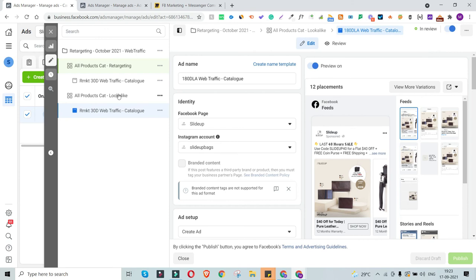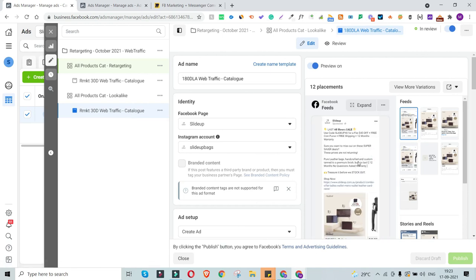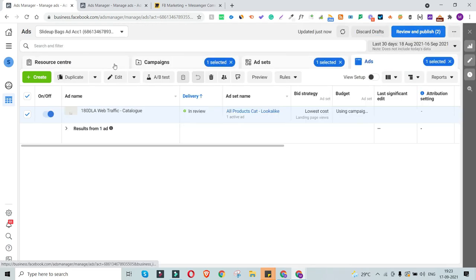So let's say over here, lookalike audience. Is it really strategic, or is it really ROI friendly to target an audience who, let's say, have just visited your website in the last 30 days with this kind of ad, which is more of a conversion ad? Or is it more profitable to target them with a brand awareness ad first, and then a product awareness ad, and then this offer ad? So you need to experiment and understand what kind of strategies would actually work for your audience. So yeah, that's how you can set up an ad.